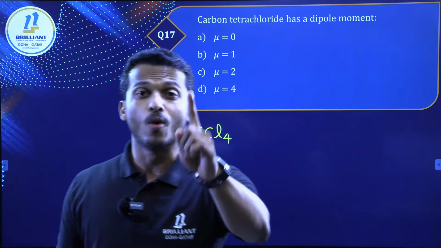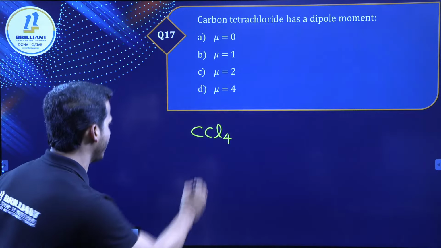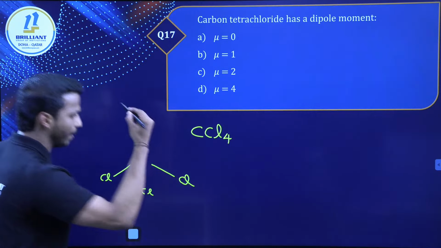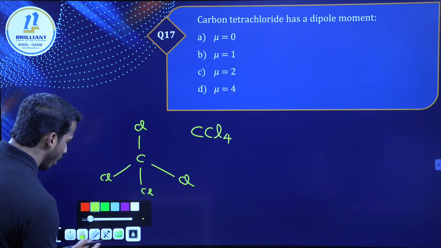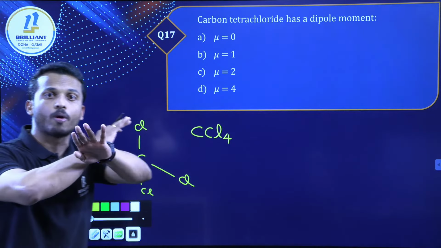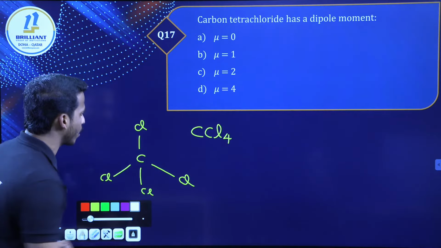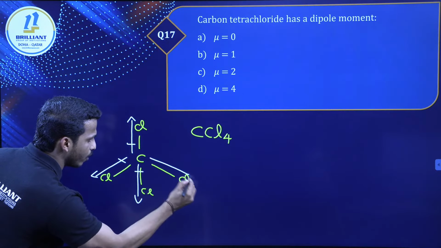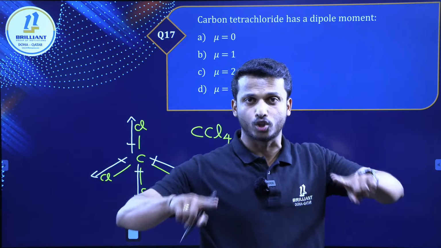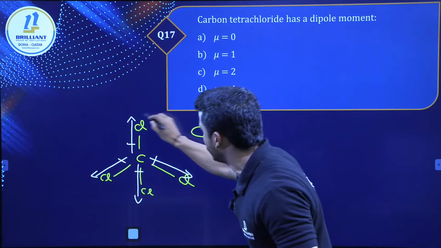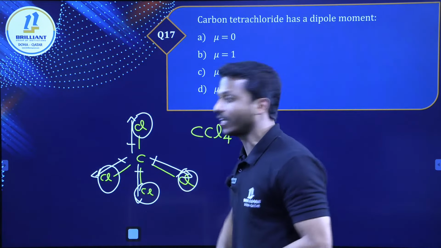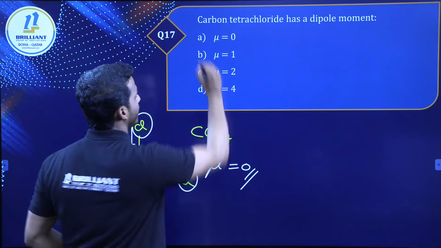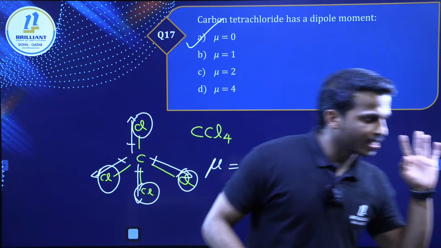Very good, dear all. You know very well what the shape of carbon tetrachloride is. Tetrahedral geometry, right? In tetrahedral geometry, if all the surrounding species are the same, their dipole moments cancel each other. When you consider carbon and chlorine, chlorine is more electronegative, so this is the way you can express the dipole moment. They are all in tetrahedral geometry. All the surrounding species are similar, so all the dipole moments cancel each other. So the dipole moment is 0. Yes, option A. Correct answer, correct structure.